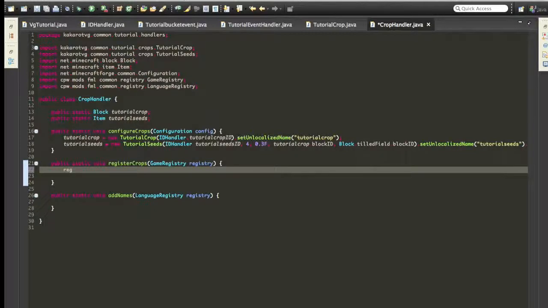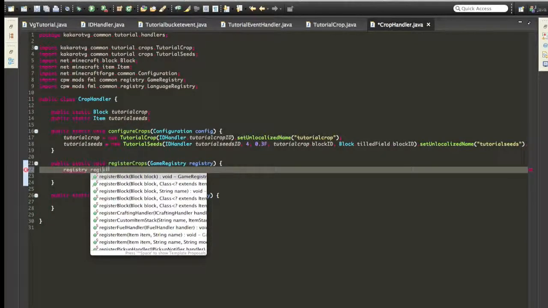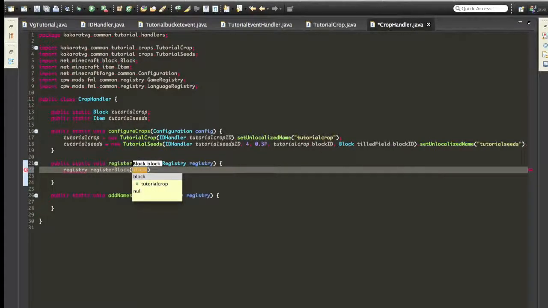Then registry dot register block, tutorial crop, comma tutorial crop,